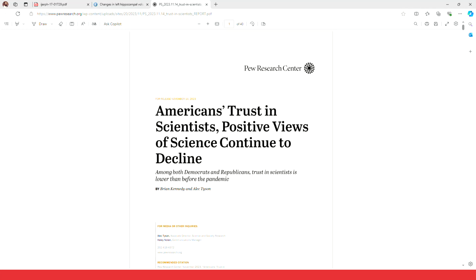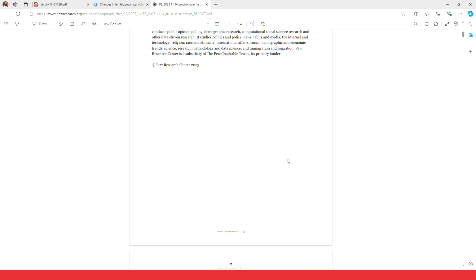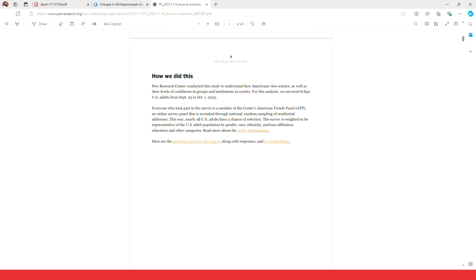Lastly, we'll take a look at this example. Here we see a report from the Pew Research Center on Americans' views on scientists. If we scroll to the section How We Did This, we can see that they surveyed over 8,000 adults. If we dig a little deeper and check out the ATP's methodology,